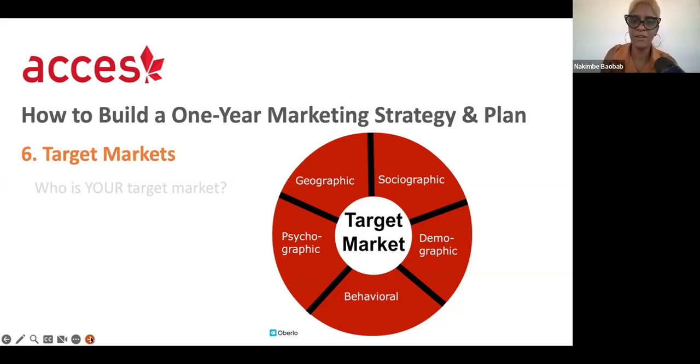How do they behave? And then you want to look at their psychology. How do they think? What's important to them? Is traditionalism important to them? Is honoring thy parents important to them? Is independence and freedom important to them? So what's their psychology? Again, when you do your research, you know your target audience, you follow the 10 commandments, and you look at all of these things, you can really and truly put together the perfect marketing plan.